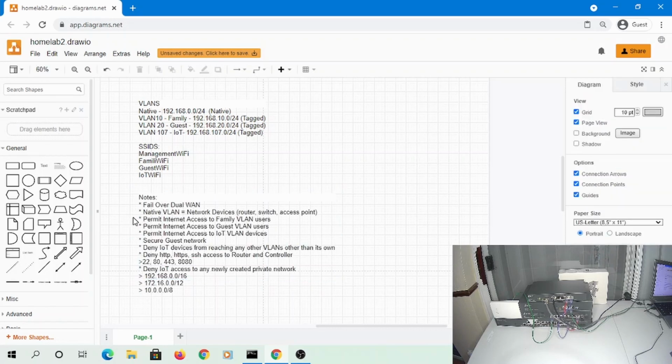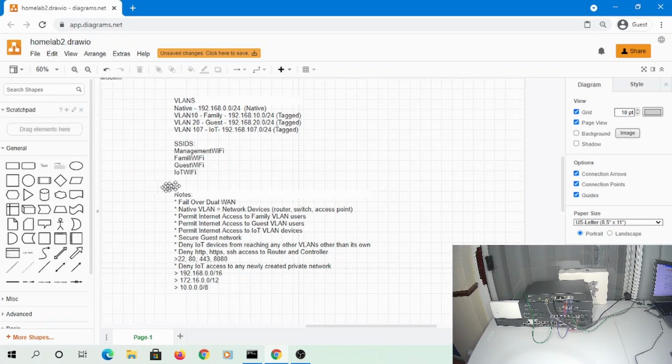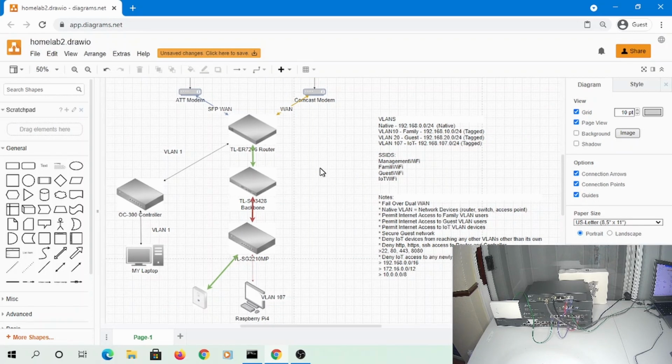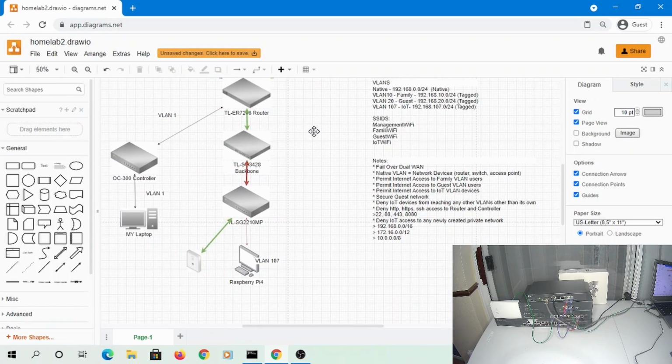I would like to make adding new networks simple. I don't want to keep creating and adding rules or clicking check boxes, because I hate relearning stuff again after months that I haven't used the particular device. Like now, I haven't used this in a couple of months. I have to relearn almost everything. I hope I retain a lot of the information during my learning sessions. I never really touch it after that. Okay,